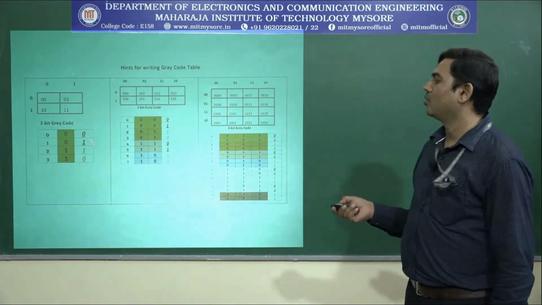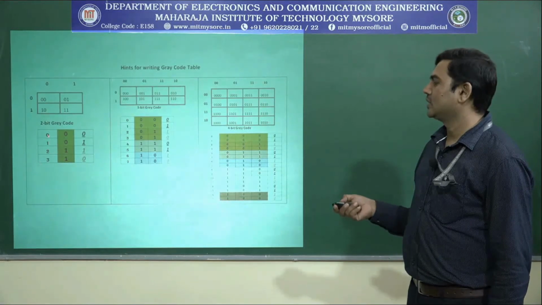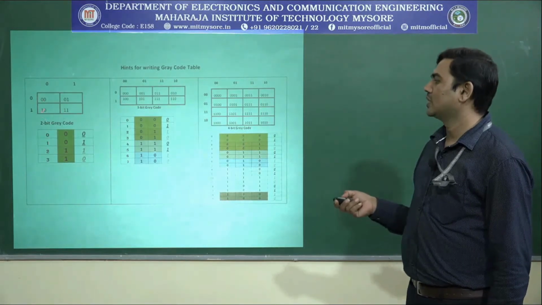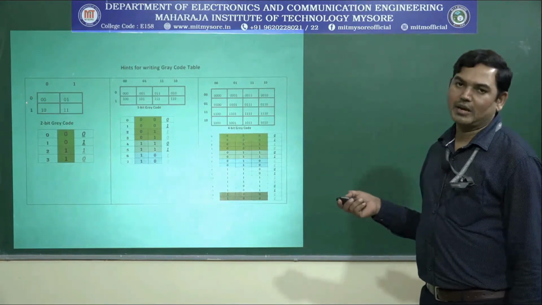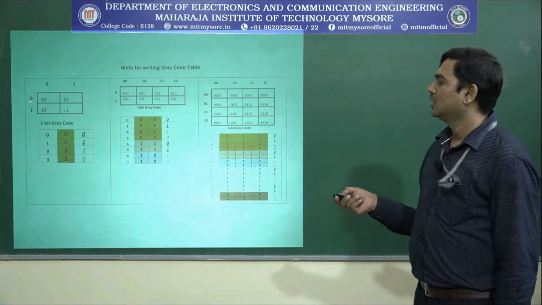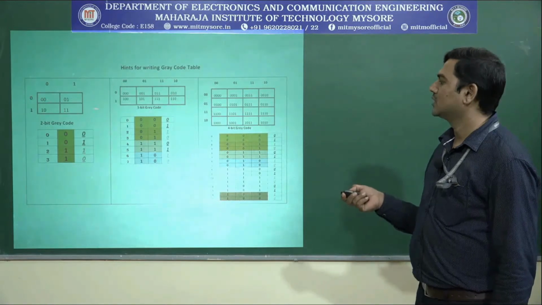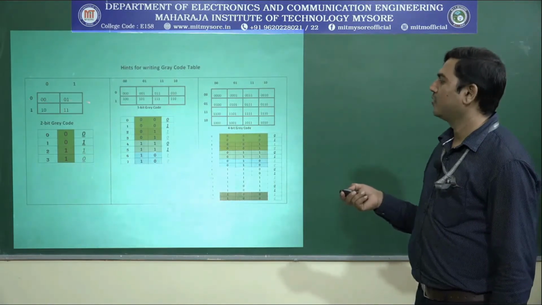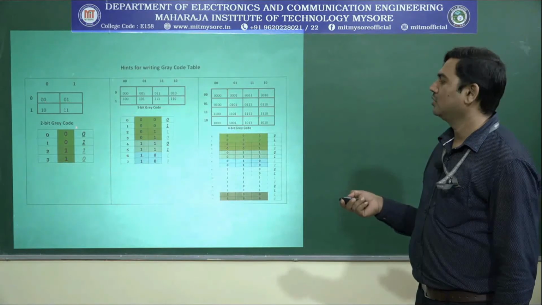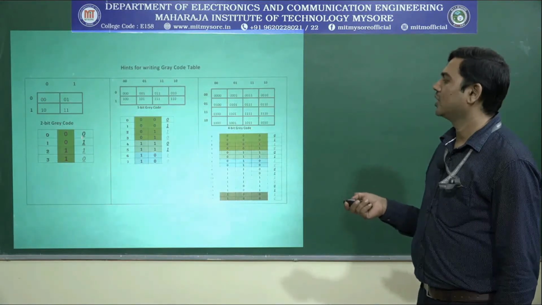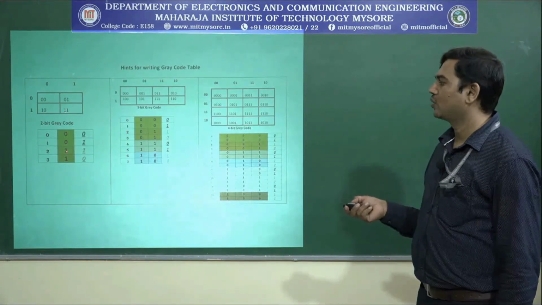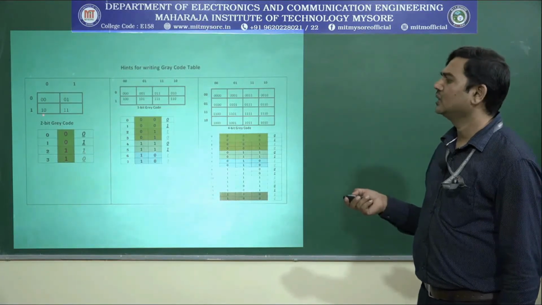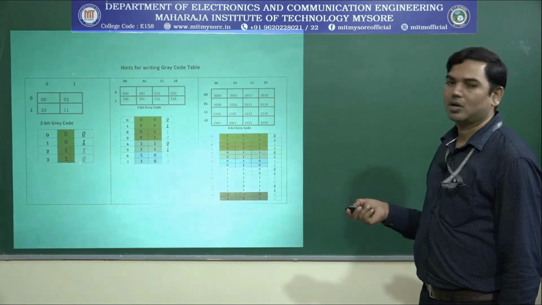How to write the gray code? This is the data representation. This is a 2-bit cell. When I say a 2-bit gray code, you write a 2-variable K-map, which will have 4 cells. Let us traverse in this direction like a snake. You go from left to right. First you get 0, 0. Then we have 0, 1. Then when you come back, you find 1, 1. That 1, 1 is written here. The last number is 1, 0. You note down that.